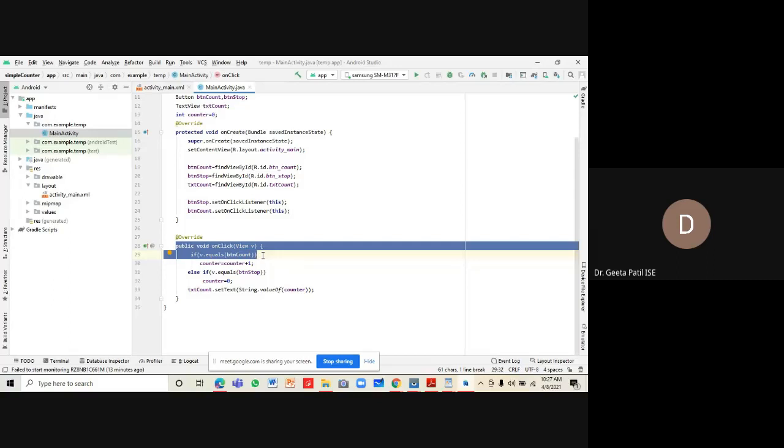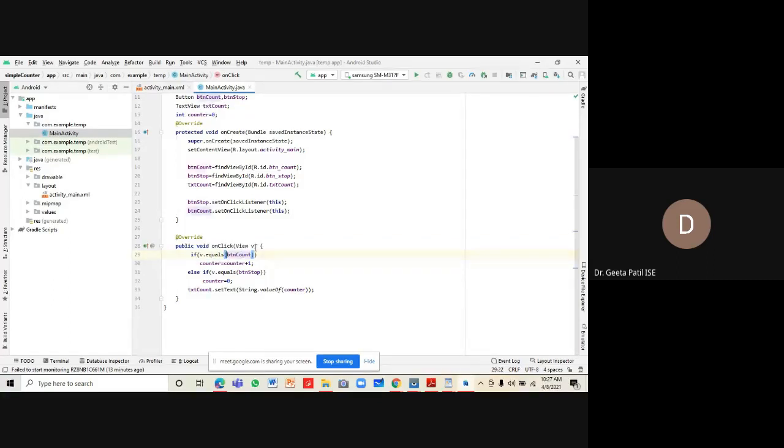You check if v equals button count, that is, if that view is equal to button count. If so, the counter value is incremented by 1, so counter becomes counter plus 1.